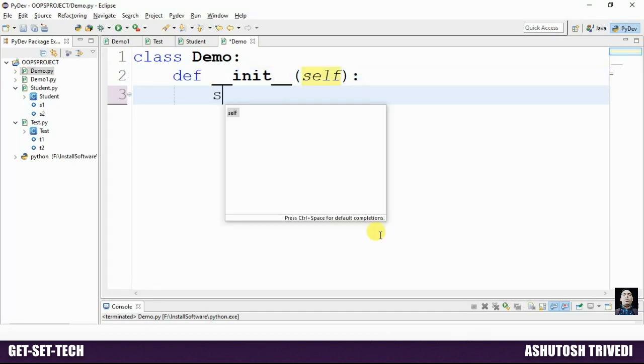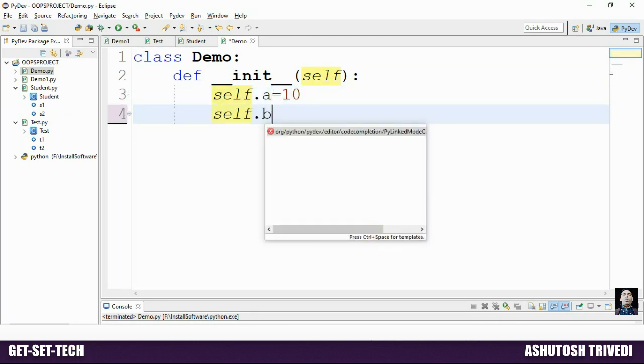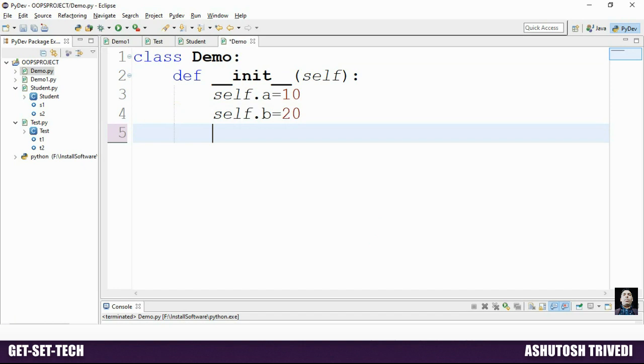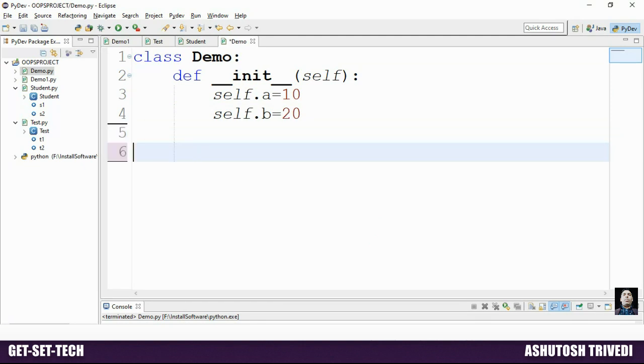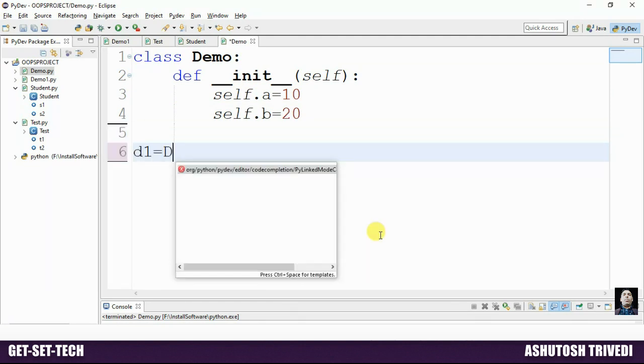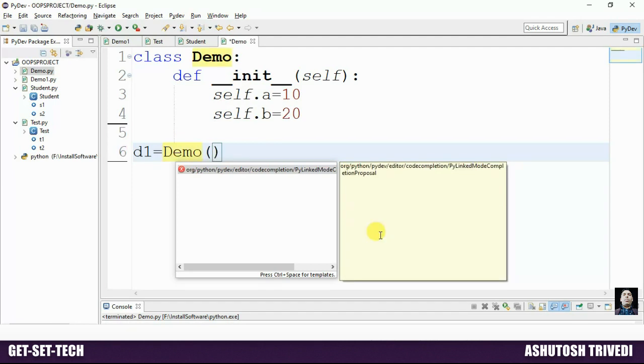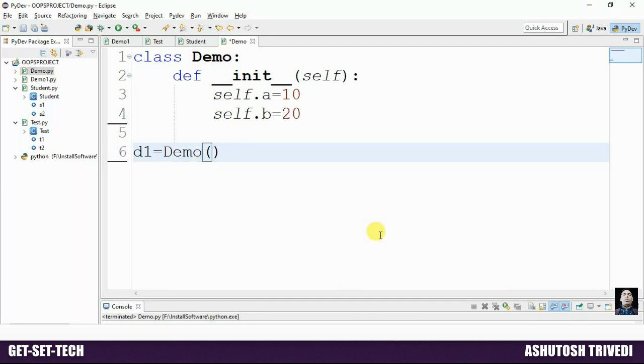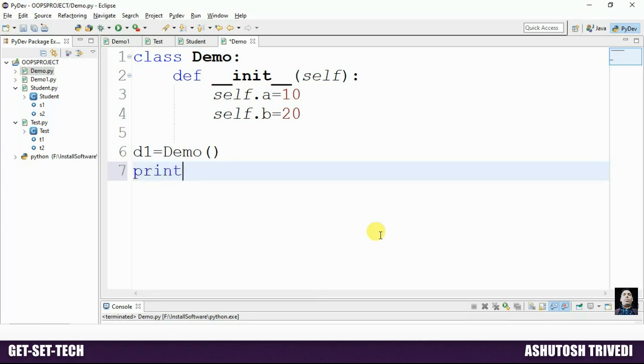Now here we define one class, the Demo class. Inside the Demo class we define one constructor, and inside the constructor we are declaring two instance variables: self.a = 10 and self.b = 20. Now come out from the class. Now we create the object of the class.